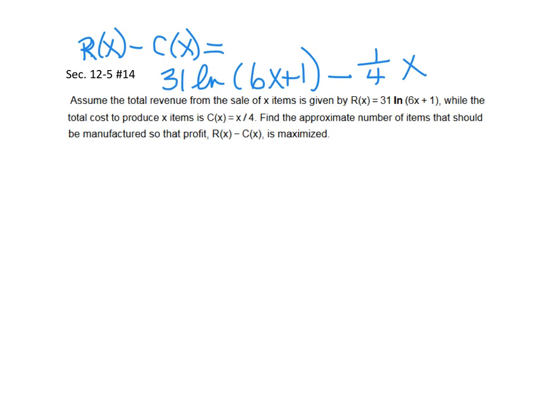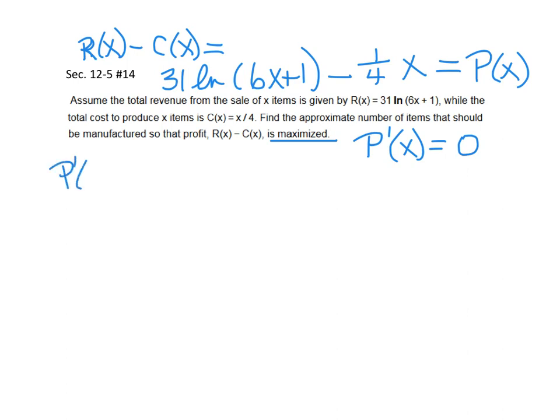And if we want to find where the profit is maximized, that means we're going to want to find out where the derivative of the profit function, which we're going to call P prime of x, is equal to 0. And this actually is our profit function, P of x. So we need the derivative of that profit function, P prime of x